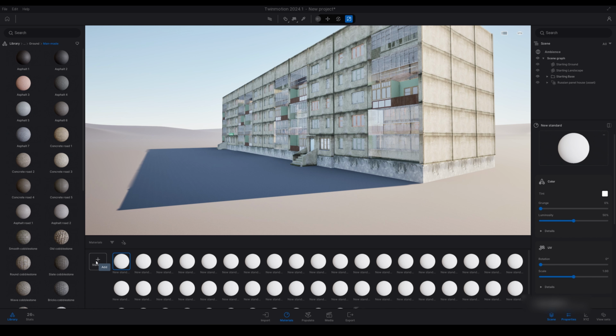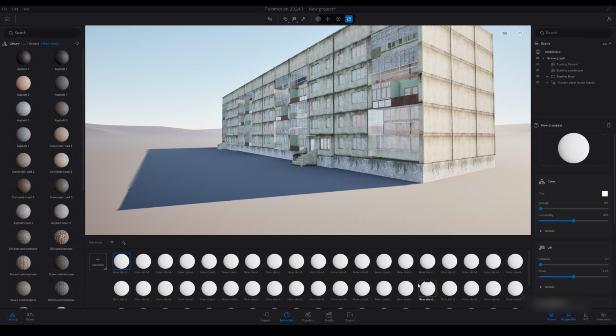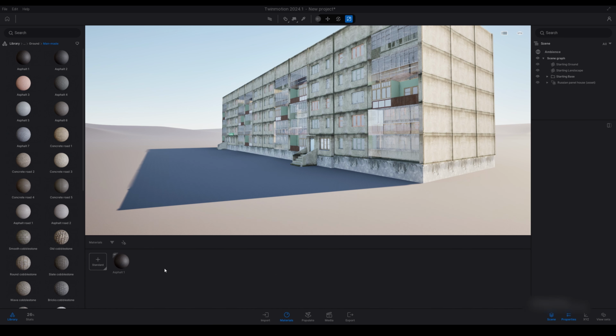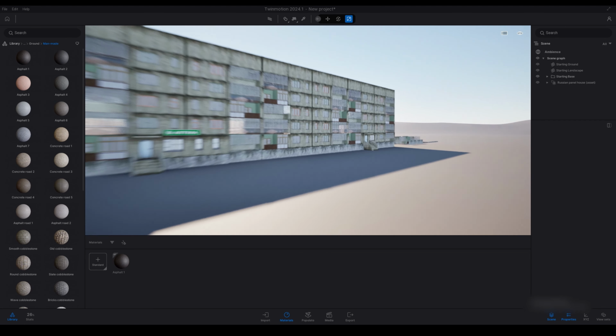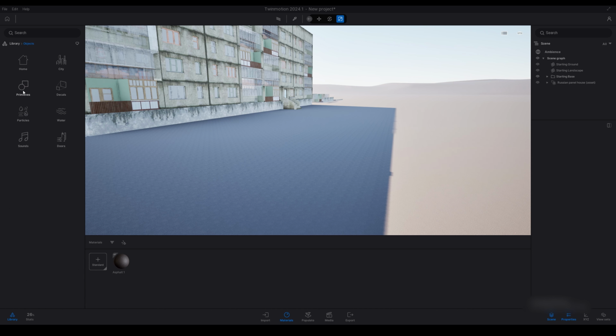So I'm just going to show you an easy way to clean up the materials that aren't being used in your scene. At the top we have this little paintbrush, clean up. If you just click that, it will remove all the materials that aren't being used in your Twinmotion scene, which is an easy way to cull everything that isn't being used.